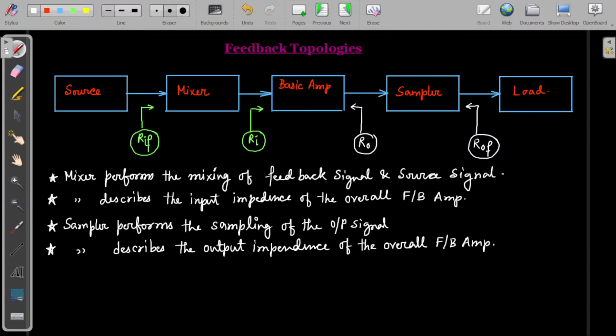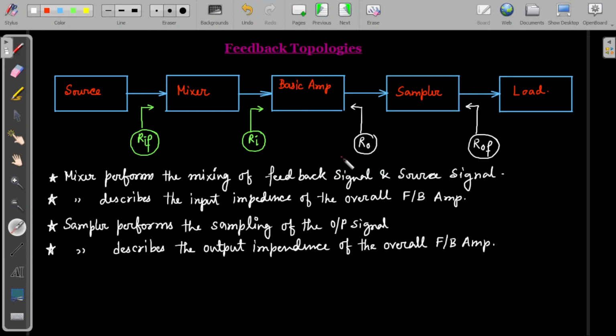अब देखिए, ये जो मिक्सचर है कैसे मिक्स होंगे। हमने क्या देखा कि मिक्सचर आपका सोर्स सिग्नल और आपके पास जो फीडबैक सिग्नल यहाँ से आएगा, वो फीडबैक सिग्नल को मिक्स करेंगे। सैम्पलर क्या कर रहा है, आपका यहाँ से जो आउटपुट सिग्नल हो रहा है उस आउटपुट सिग्नल का एक पार्ट सैंपल करके फीडबैक लाइन पे दे रहा है। ये आपका दोनों इम्पॉर्टेंट काम है।